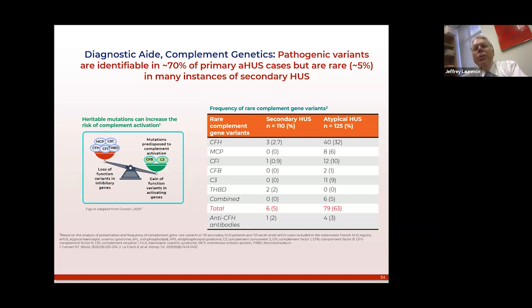But if you bother inducing that mutation in the protein itself and measure its activity, about 50% of the time, that so-called variant of uncertain significance is pathogenic. So just because you didn't identify that mutation, that doesn't mean that there wasn't an inability to control complement. Secondary HUS cases are the most complicated because, as it shows here, only about 5% of the time do you identify a mutation. And yet these patients can still respond to anti-complement therapy.